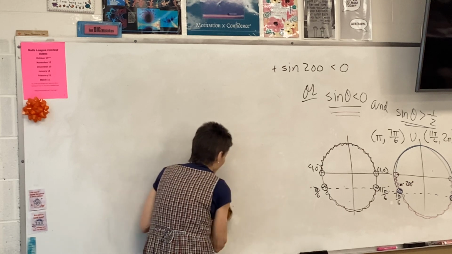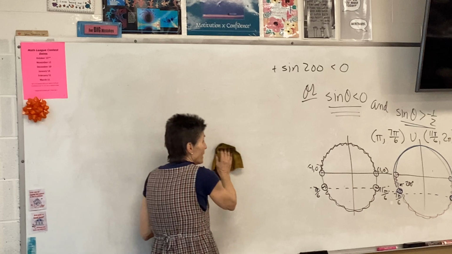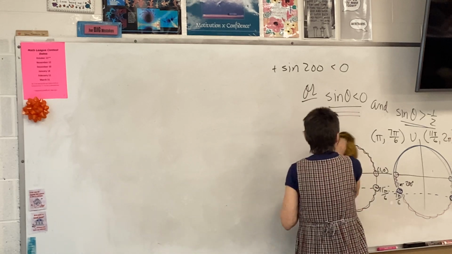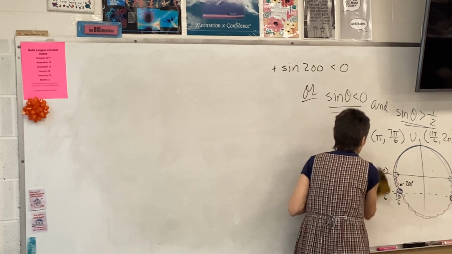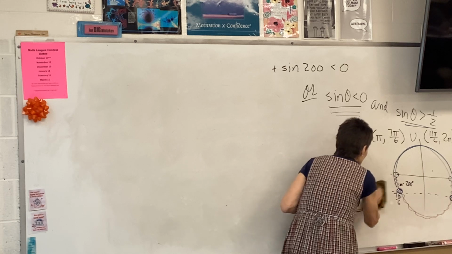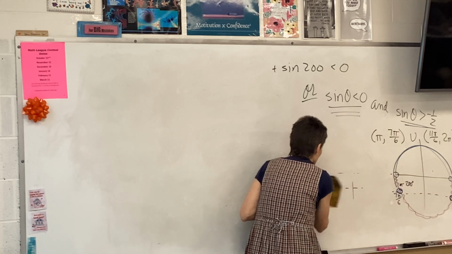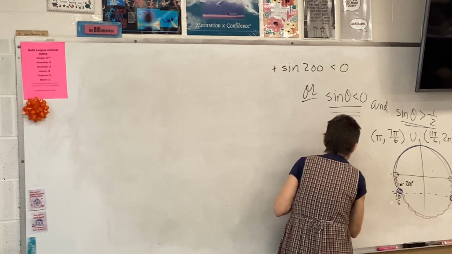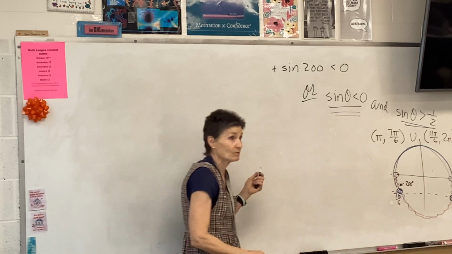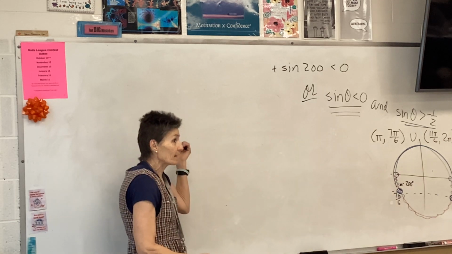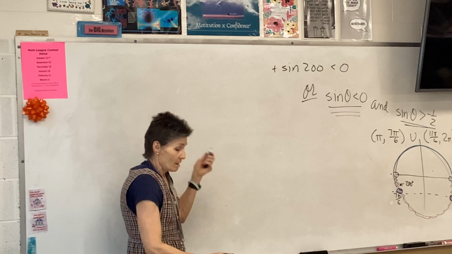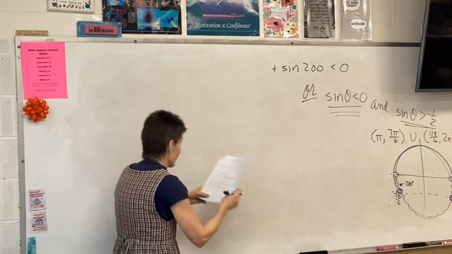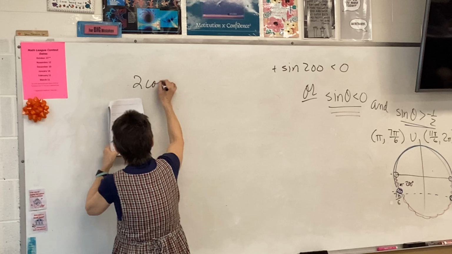And I want my quadratics, just like the one I just erased, to be set equal to 0, because what is my fervent hope? If I have a quadratic, I'm hoping that I can factor it, which is exactly what I just did with this one. But this factoring is going to be a little bit more involved,